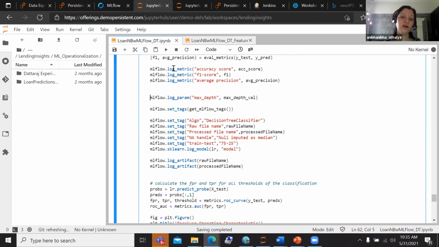It allows you to log something called a parameter. In this case, because we are using a decision tree, I am just logging one parameter, which is the depth of the decision tree that I will be inputting as an external parameter. It allows you to set something called tags.